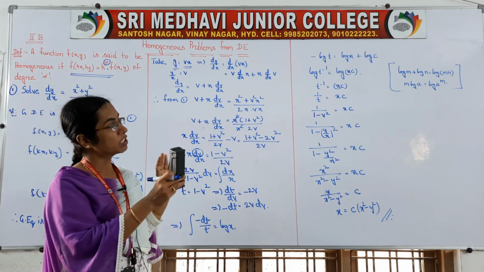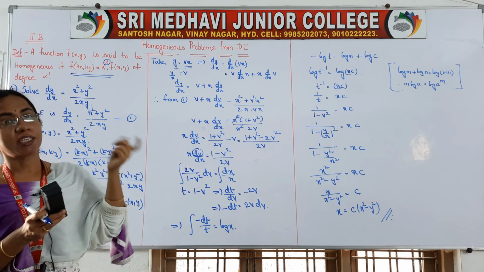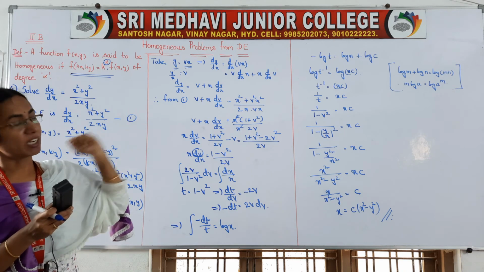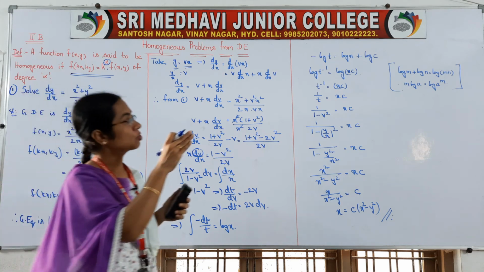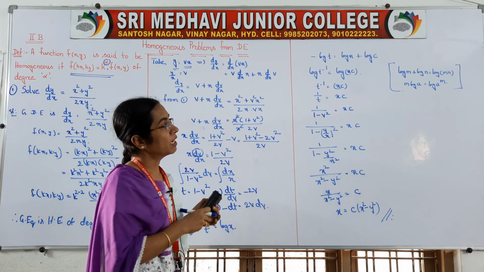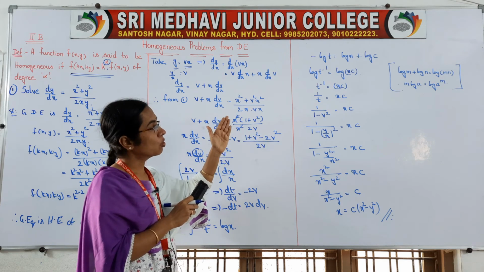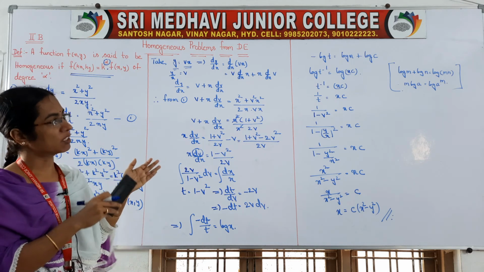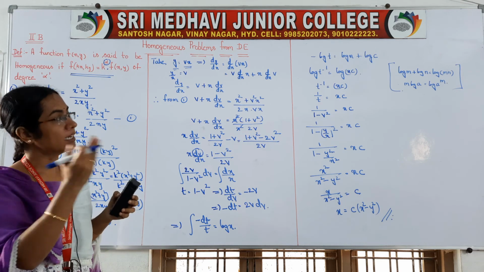After the completion of the integral, we have to write some constant. If all values are in terms of log, we have to take the constant also in terms of log only. So I have taken log c. Log m plus log n is log m into n, so it is log x into c, and log t to the power of minus 1, since it is of the form m log a. m log a is equal to log a to the power of m. So now it is t to the power of minus 1, and on both sides log will get cancelled. The log of that value is equal to the value on the other side.